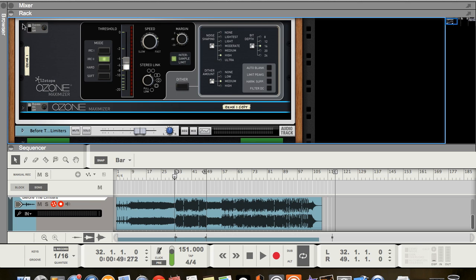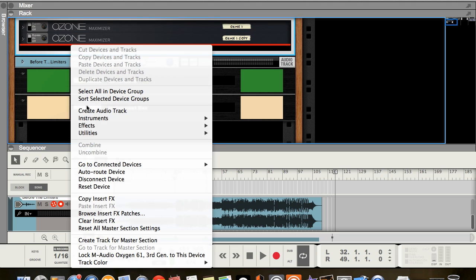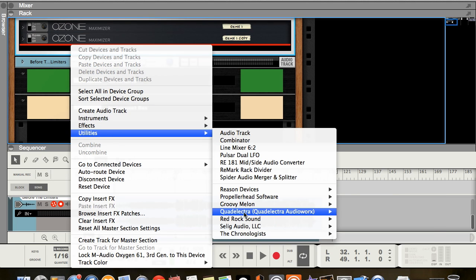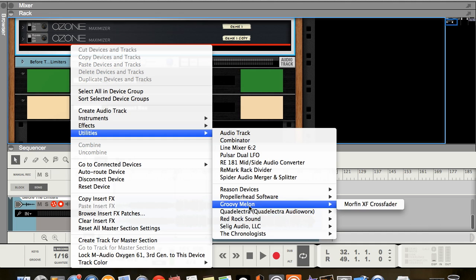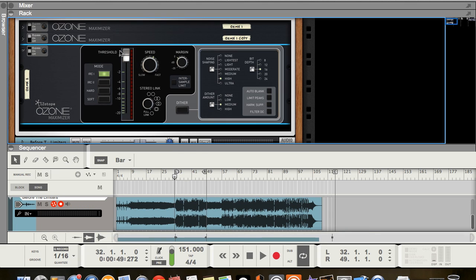I'm going to go ahead and bypass these ones we've got now. All right, so I'm going to go ahead and create a new limiter. Here we go. All right. So the best way to do this is to start off completely smashed and then just move this threshold back up.